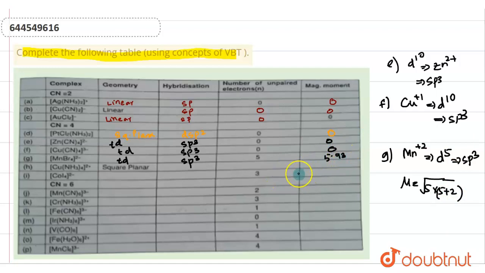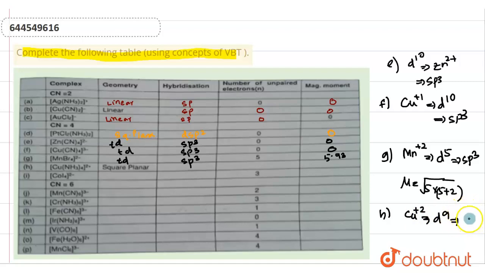5.93 will be the magnetic moment. Next structure is Cu(NH3)2 2+. If you see Cu(NH3)2 2+, it will be Cu in 2+, which implies it will be a d9 system. A d9 system will have